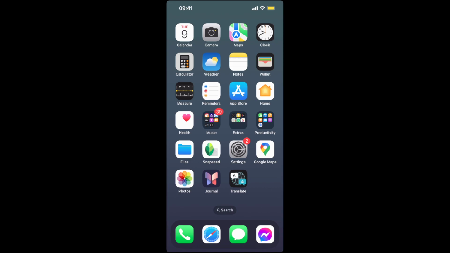Hello guys, so today I'm going to show you how to translate speech to text on iPhone, and it's pretty